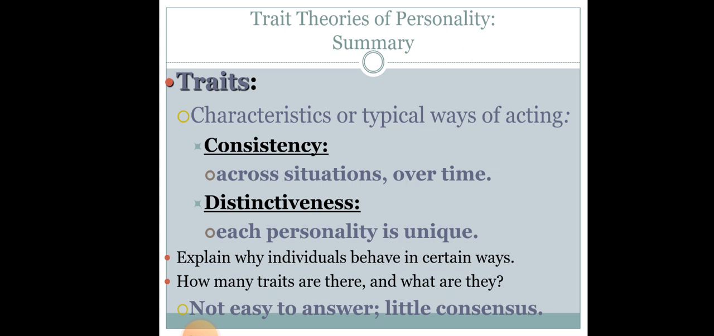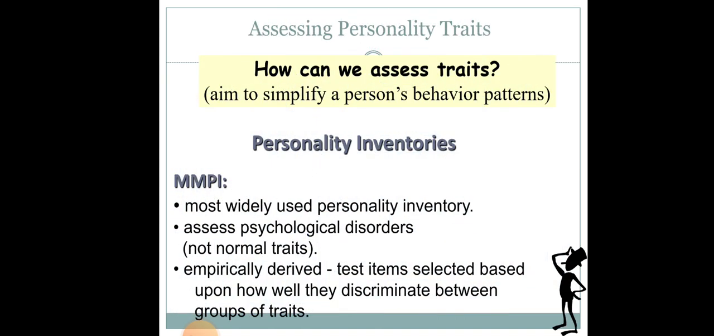So let's have a summary of what we said. So traits, characteristics or typical ways of acting. I'm having here consistency and distinctiveness. Here consistency means across situations over time. Here distinctiveness means that each personality is unique. Traits explain why individuals behave in certain ways. Here, how many traits are there and what they are is not easy to answer, little consensus. Okay, so